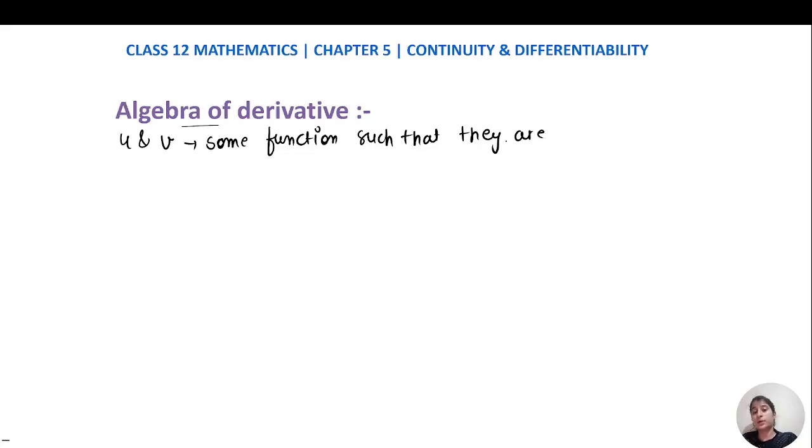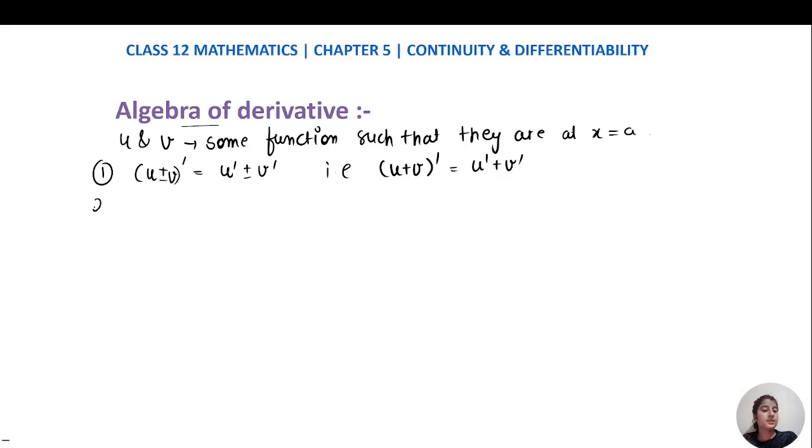See, this is an important condition, that they should be differentiable at, say, a point. We are talking about differentiability at a point. So the first one is differentiation of their summation or subtraction. We know that differentiation is denoted by dash. The dash represents the differentiation of a function. So (u plus minus v) dash, that is, u plus v whole dash,